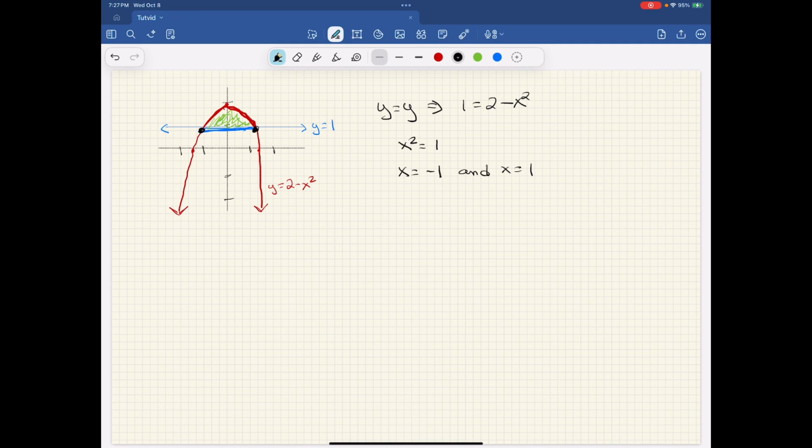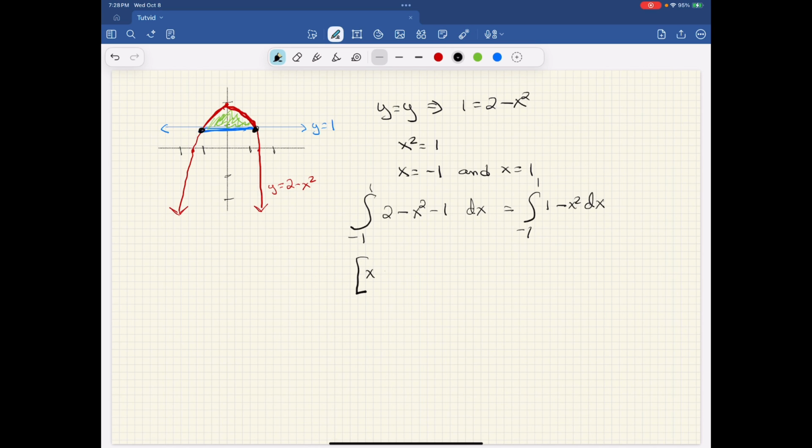Now we're ready to write our integral. We will integrate from minus 1 to 1, and we're going to take the top function, y equals 2 minus x squared, and from it we're going to subtract the bottom function, the line y equals 1. So we're going to say 2 minus x squared minus 1 dx. And that, of course, is going to be the integral from minus 1 to 1 of 1 minus x squared dx. And that will be